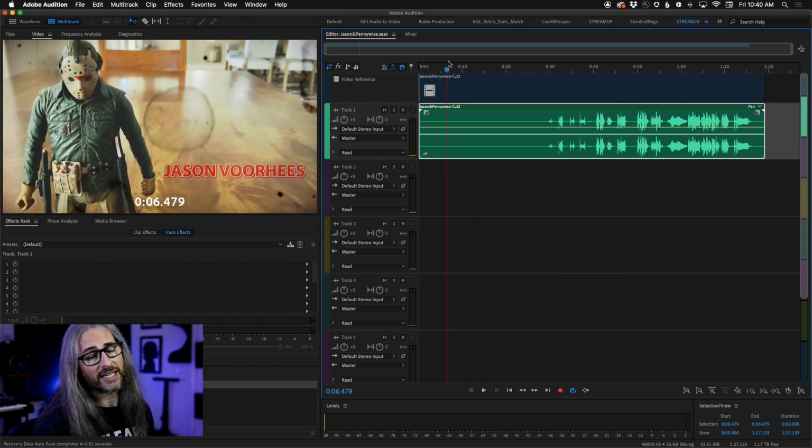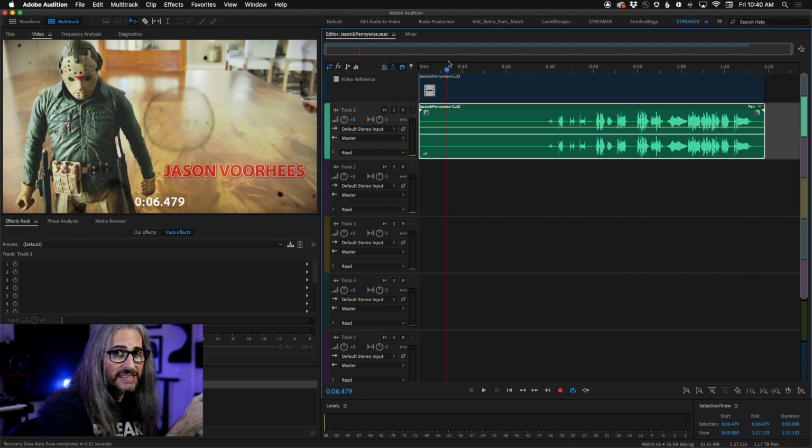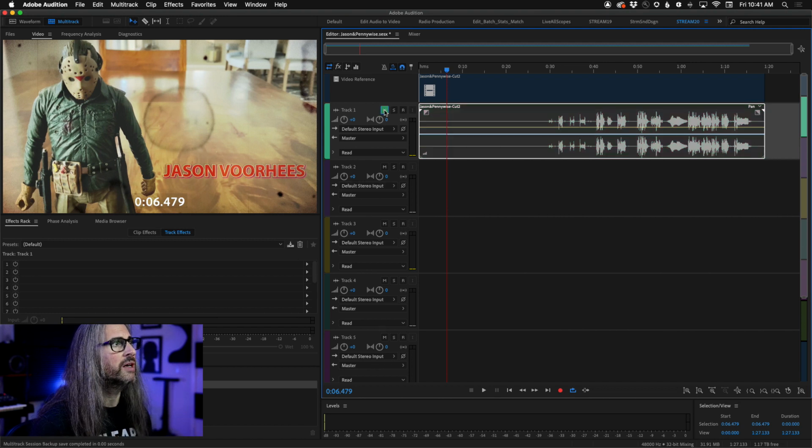Now, without having access to VSTIs, and without having VSTIs on a separate system feeding this system here, it's very, very tricky. I guess there's a couple different ways, but the easiest way is essentially to record a loopback. So in order to do that, first of all, if there's any audio present in the timeline here, I'm going to mute it. Now you may think this is a lot of work just to be able to use this all natively in Audition, but that is literally what I do.